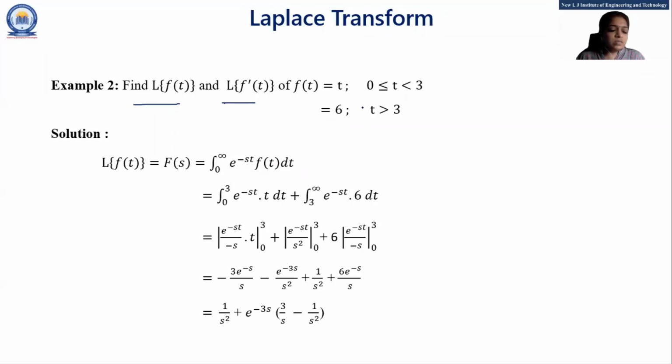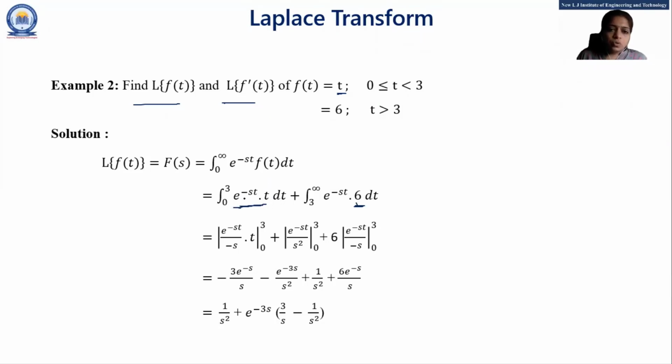As the given function is discontinuous, from 0 to 3 we have e raised to minus st, and at that time our function is t. And for 3 to infinity, e raised to minus st, at that time our function is 6. Now we want to do the integration of this first term with respect to